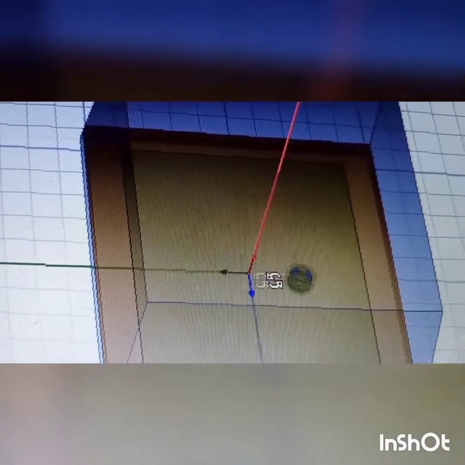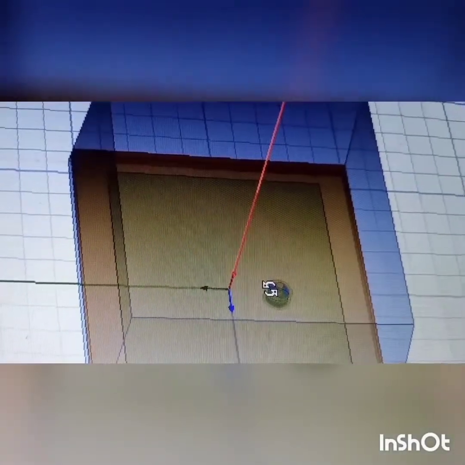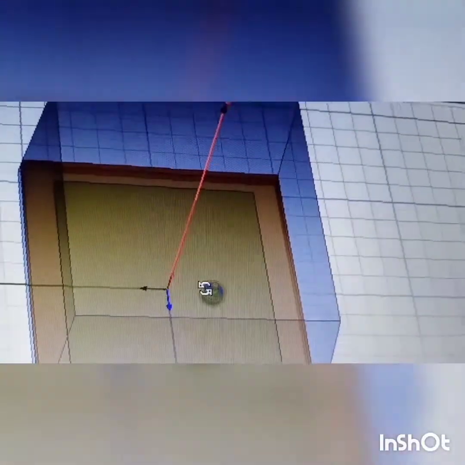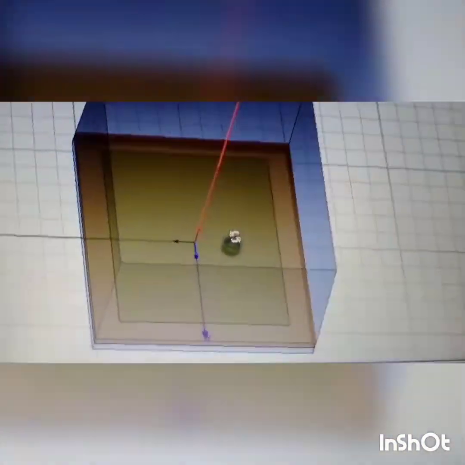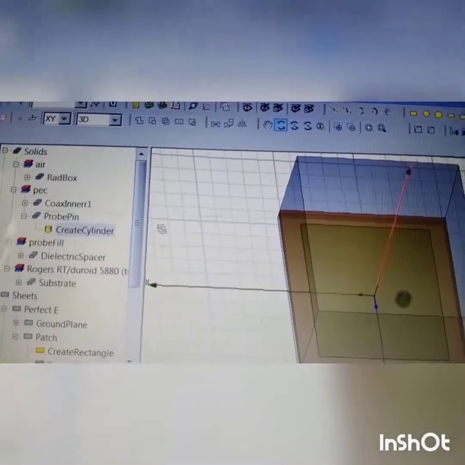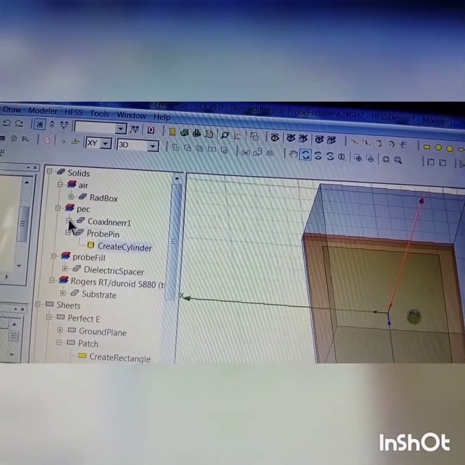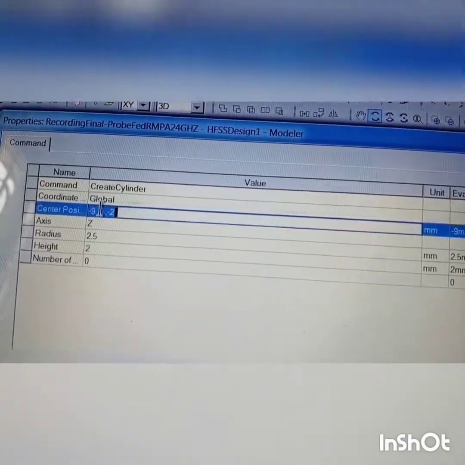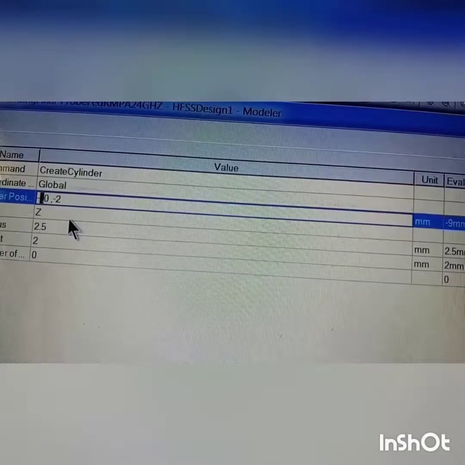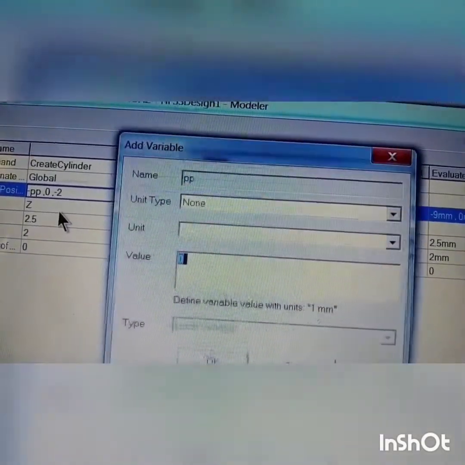That too from the center I am moving L/4 distance. That's why approximately 9 to 10 mm it will come. But I placed it at 9 and I executed. That's why I got the S11 which is deviated from the desired frequency of 2.4 to 2.36. So we have to balance it now. First I'll do the optimization process of probe position.